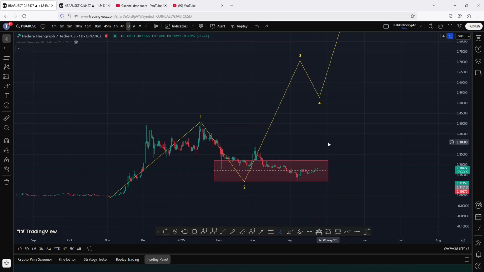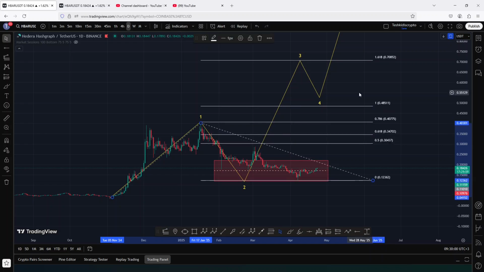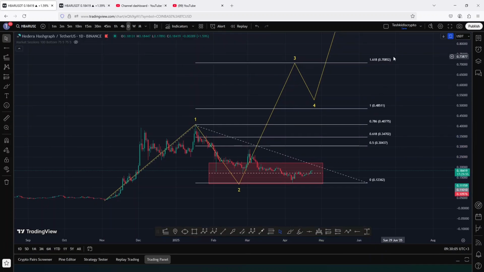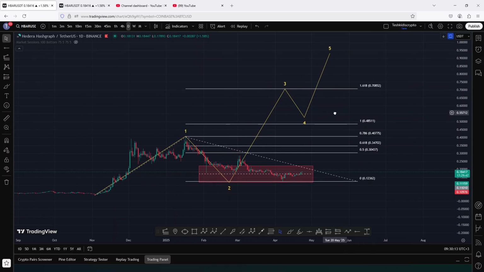And whatever is playing out at the moment is the start of an impulsive bounce in the formation of this wave 3, whose minimum target areas can be given by connecting the Fib extension from the low of the first wave to the high of that wave 1, then connecting the Fibonacci's to the low of the second wave. In so doing I get a minimum target area for this wave 3 on the Fib level 1.618, and that lies above the 0.7852 as my first minimum target area,